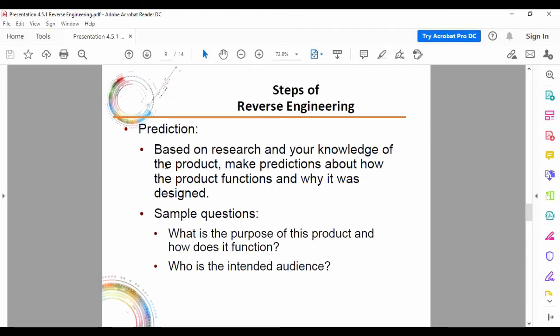Okay, so when we're talking about the steps of reverse engineering, one of the things that you're going to see a lot in this is documentation. First, when you're looking at reverse engineering, predictions based on the research and your knowledge of the product. The product's a music player. Well, you already know a lot about music players. And so based off of what you know, you're going to make predictions about how the product functions and why